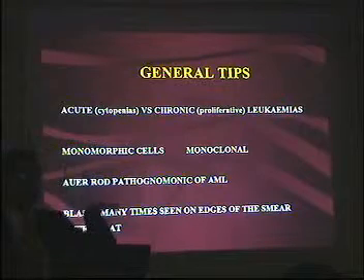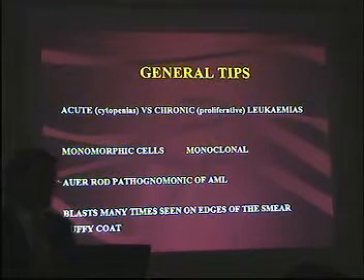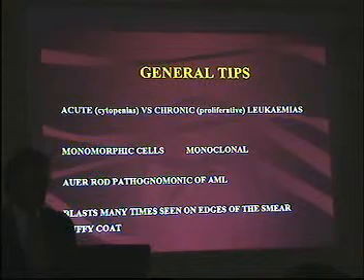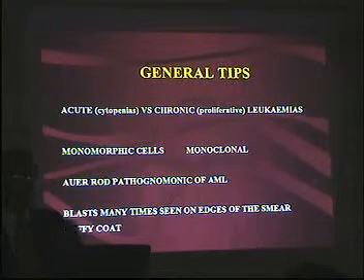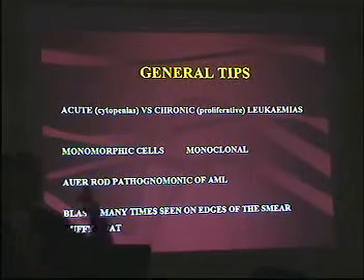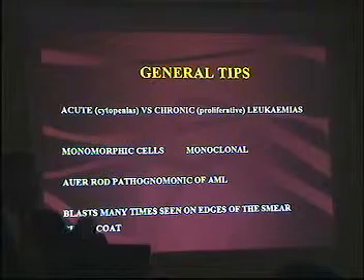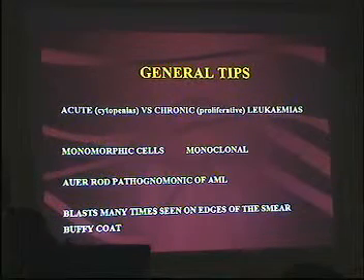The white cells might be high, but the hemoglobin and platelets usually go lower. It's below normal. While in chronic leukemia or proliferative leukemia, usually the counts are higher, especially the white cell counts and the platelets.